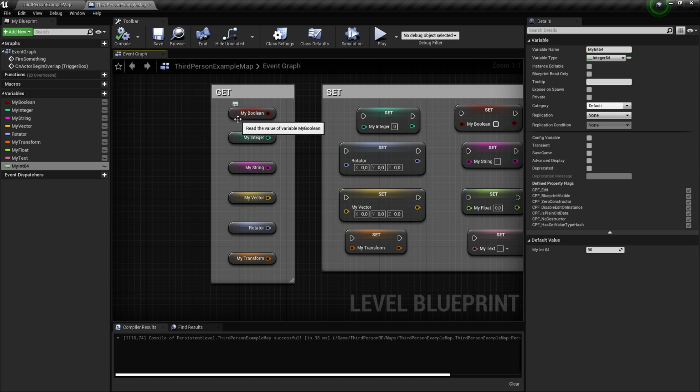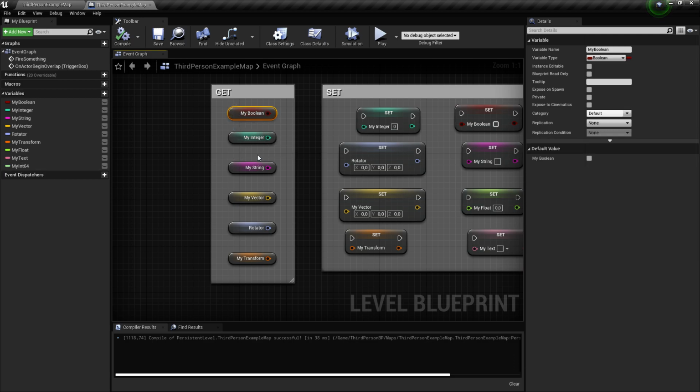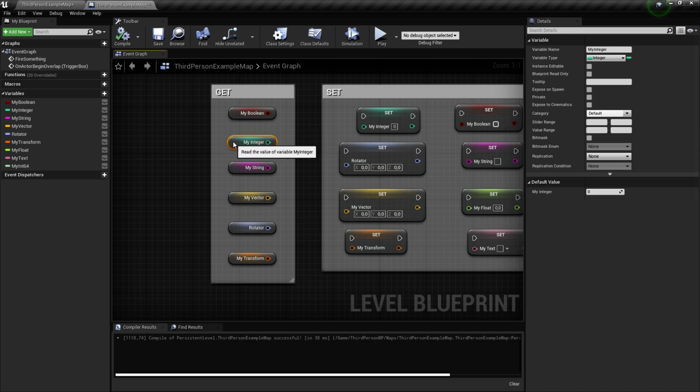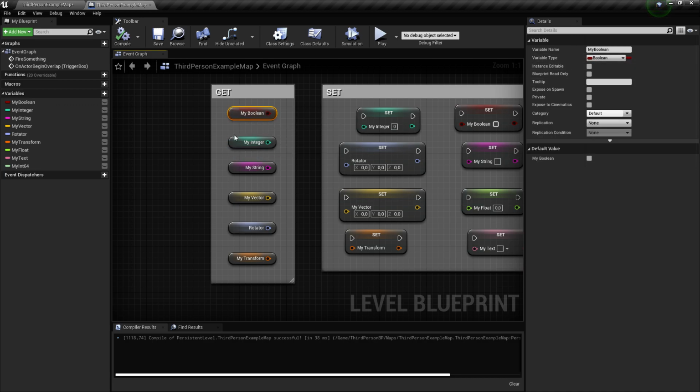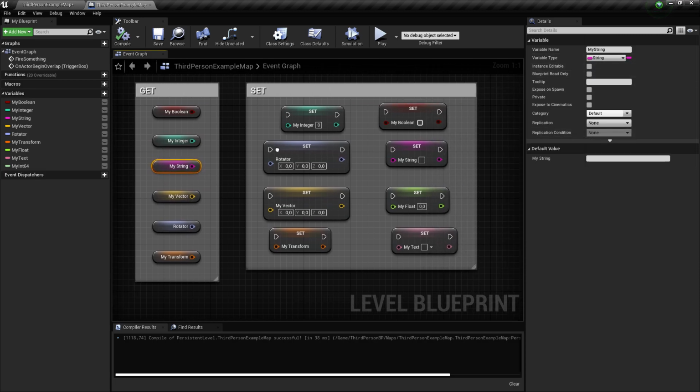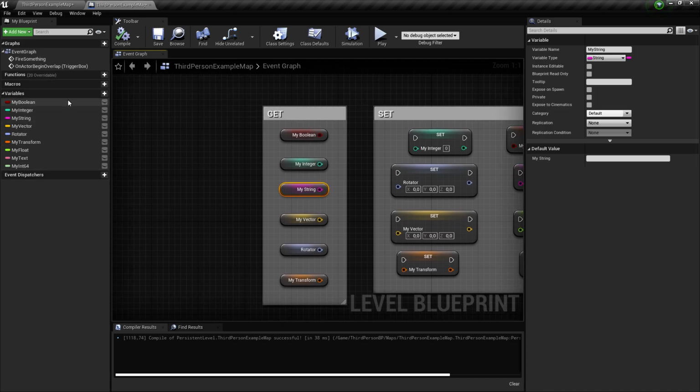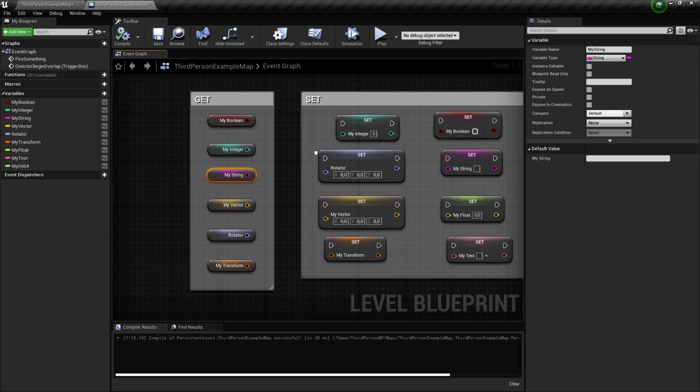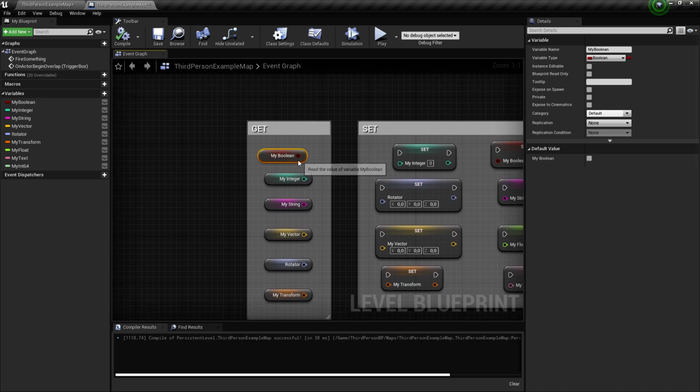So every variable has its own color to work with. Boolean will be red, integer will be green, string magenta, and etc. Every time that you create a variable here, it's going to display on this variable panel, variable tab in here. So this little single node is to get the value of the variable.